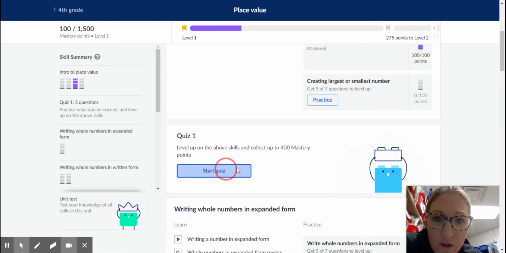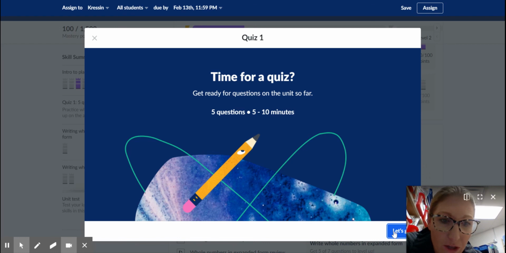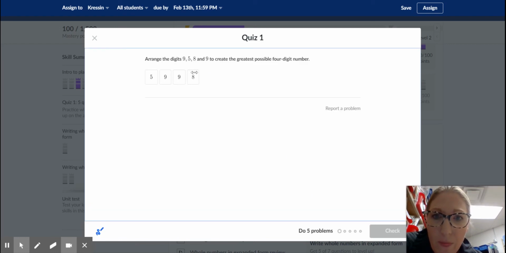If your student were to be struggling on one of these questions, sit down and talk about what place value is and why you would need to move these numbers, where we're moving them for them to be the highest place value, which is what this question is asking. And then maybe if you help